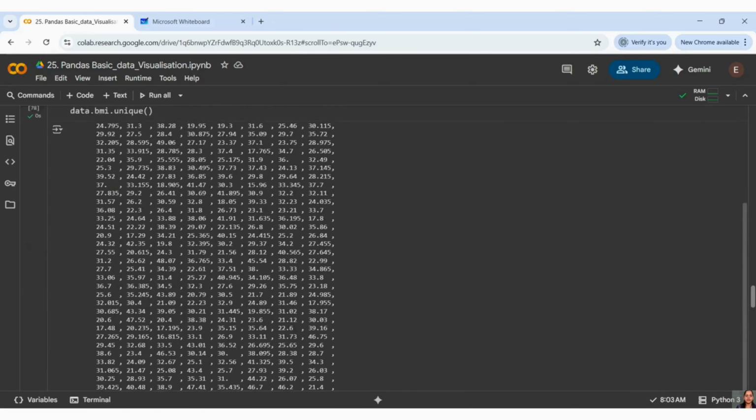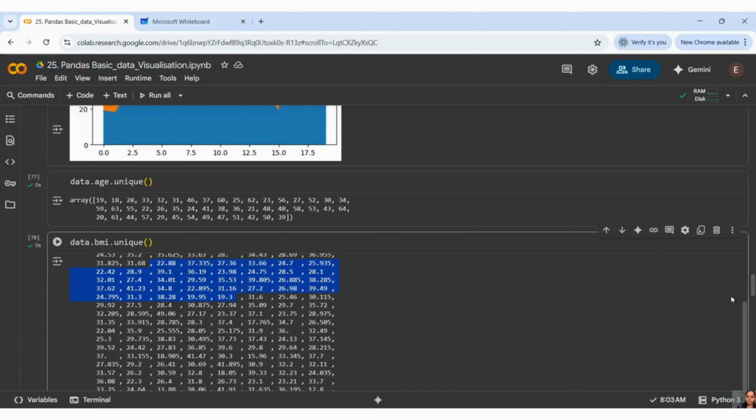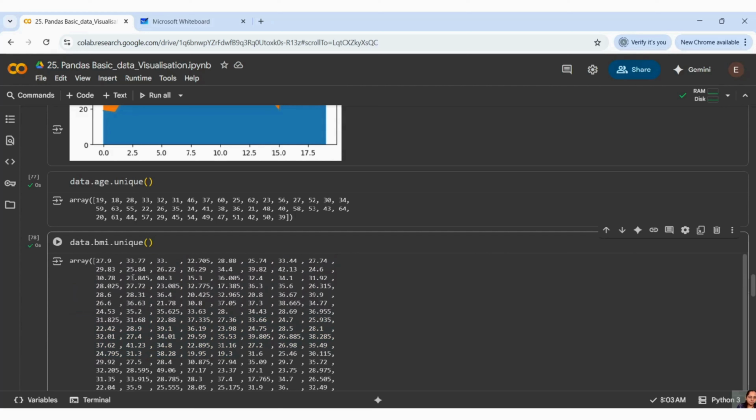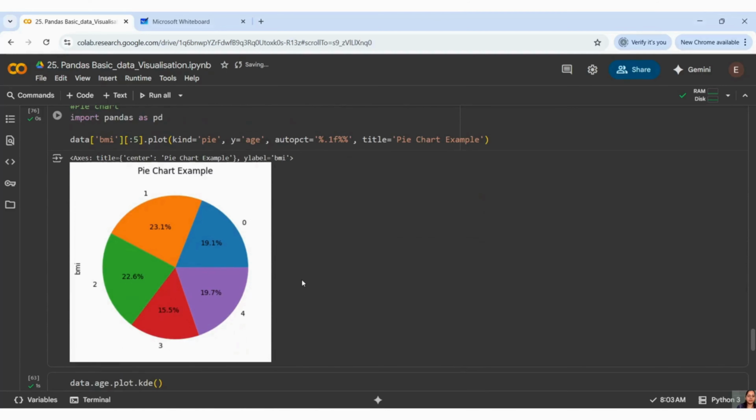So again, it is very difficult for us to plot, right? However, I have just taken 5. Oh my god, it has so many, right? So what I did, I have just taken 5 here, and 5 from here, and I'm drawing it. It is just giving me the percentage related to that. Okay, 19%, 19.7%, 15.5%, 22.6%, 23%, like that. And I believe if you calculate all these, it should come around 100%. It's a pie, right? We are saying from that circle I want to divide it into different percentages. Overall, if you add it, it will come to 100%.